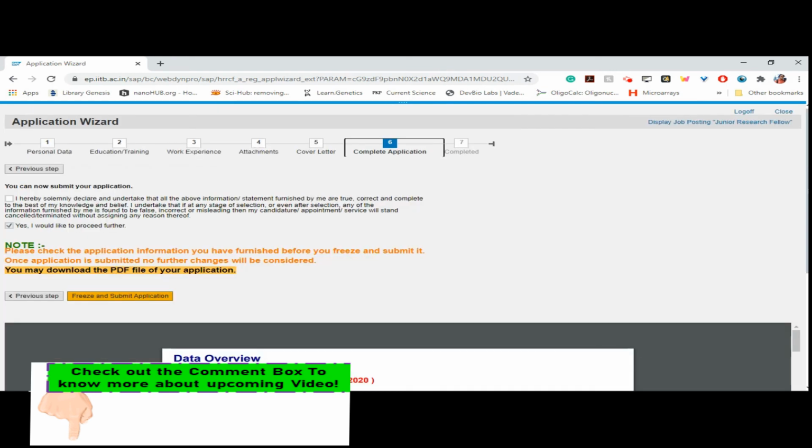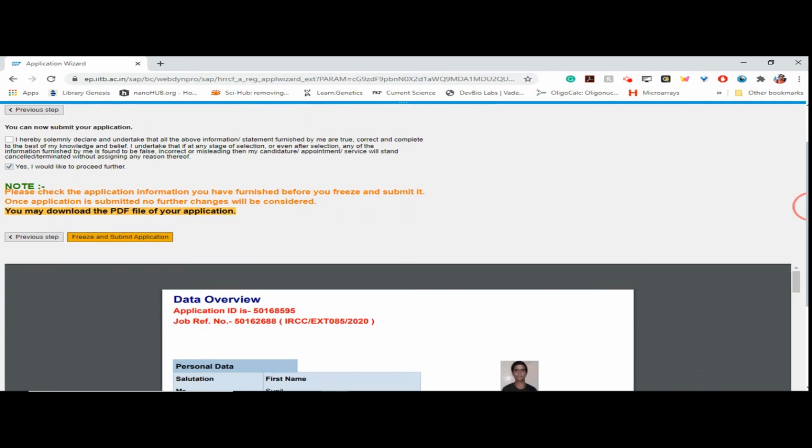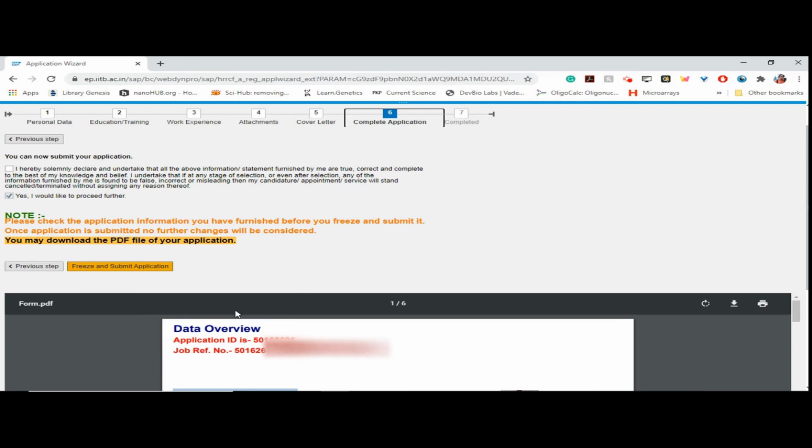And here you are at the final page of the application. You can download your application in PDF format, in which you can see the application ID and job referral number. You can download this complete form in PDF format by clicking here.